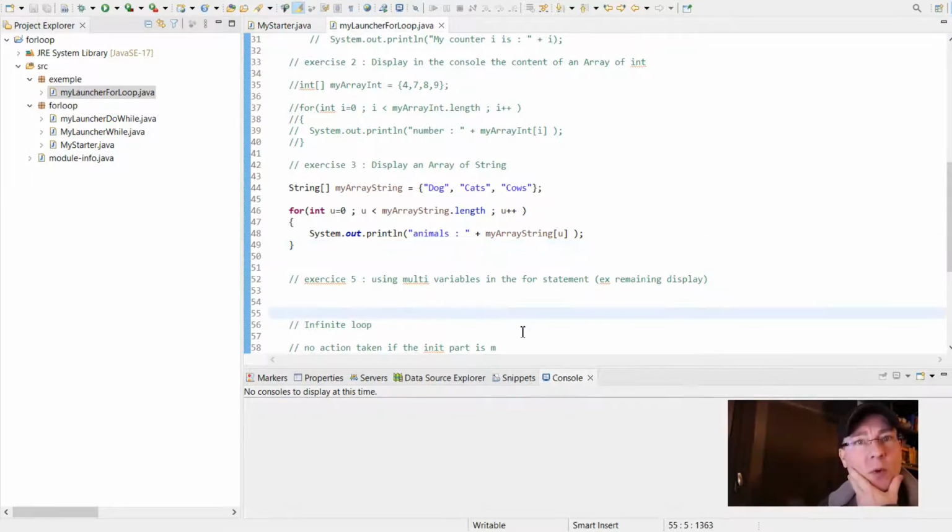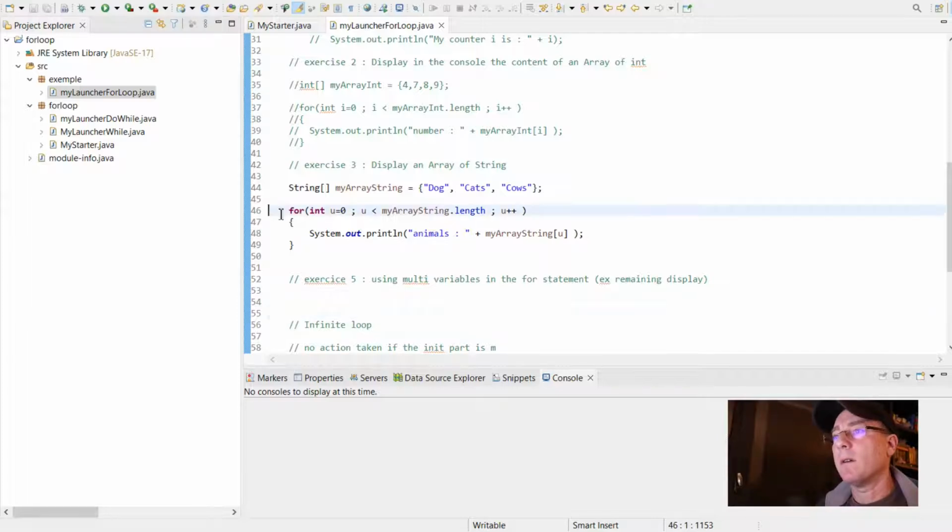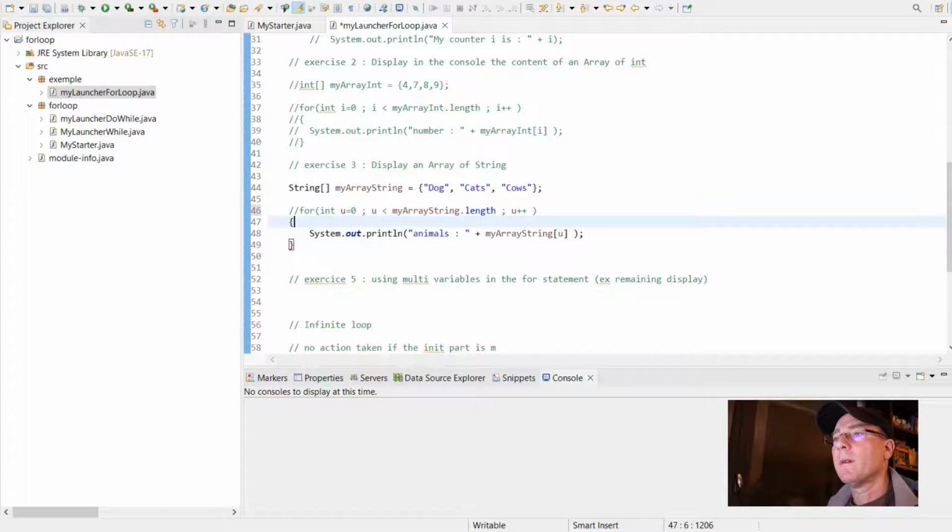We can use multiple variables in the statement. For example, we display something like a remaining stock. I think we will take the array of strings. Okay, I will comment this one.